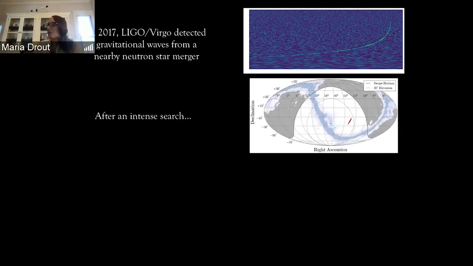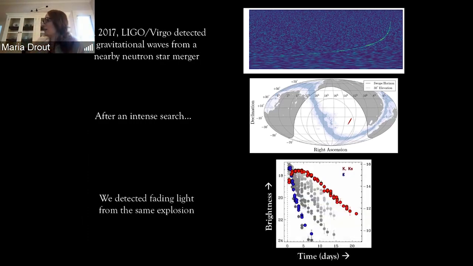So first of all, after a really intensive search that involved dozens of telescopes covering the whole globe and satellites in orbit, because the gravitational wave detectors only kind of tell you that this event happened in this patch of the sky that is tens to hundreds of square degrees. So after they told us about it, we would search the sky looking for this event, and we did actually detect the fading light from that explosion. And that is what this particular graph is showing you. The explosion we found from this 2017 event, its optical light, which is shown in blue, faded very quickly. It was gone within a matter of a week, but there was a slightly longer infrared transient that we followed for about 3 weeks afterwards.